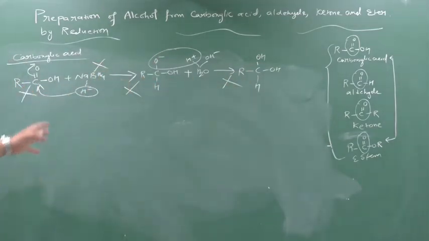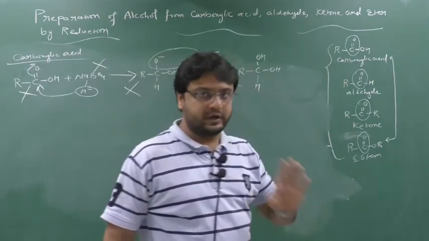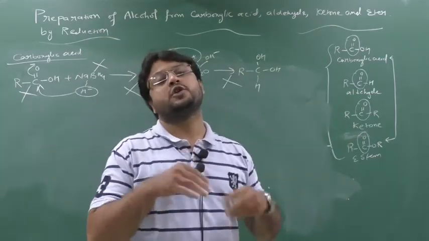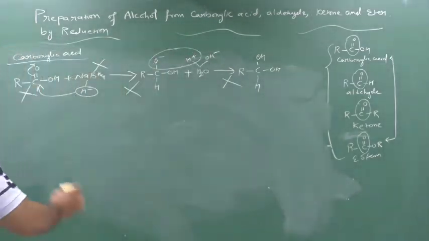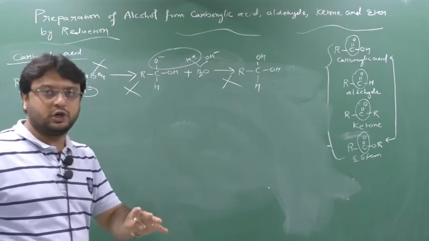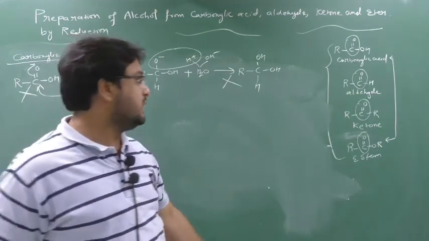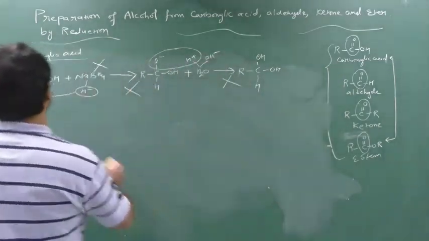So in carboxylic acid, if you proceed as with ketone and aldehyde, you will not get the answer. Then what to do? Here you have to remember that the attack is double. Two times you have to do the attack of H minus. So you cannot get the alcohol the way we did for aldehyde and ketone. For carboxylic acid and ester, you have to attack twice. There is no logic of any attack, it's just for your understanding. Here only a single attack will be there, but there will be a double attack. How double attack? We will see this.